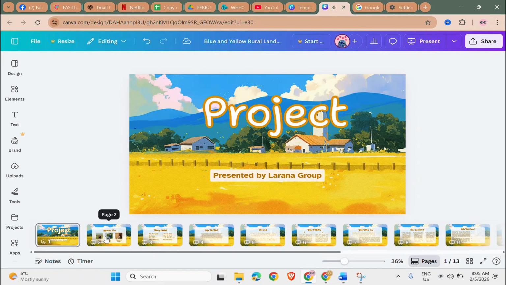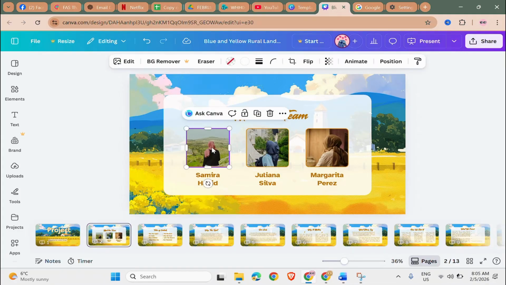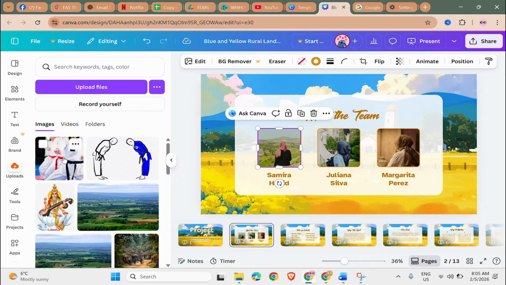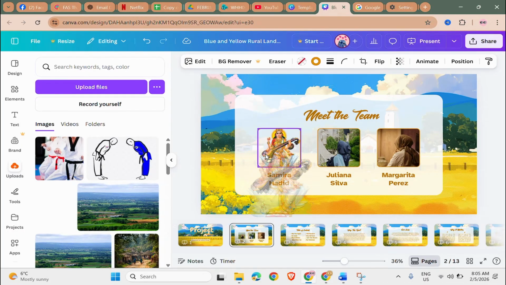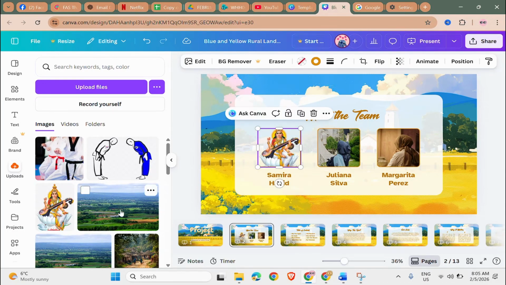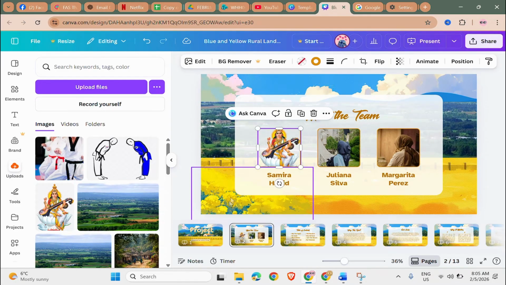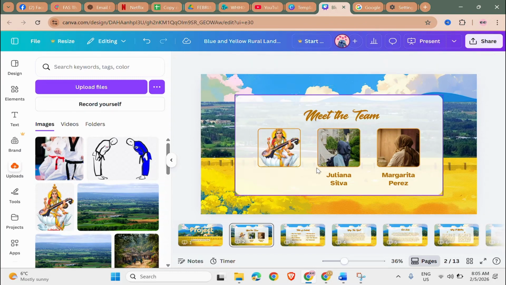And then you can go to another slide, and here you can upload your own pictures. You can do stuff like this. Just drag the picture and place it where you want to. You can place it in the background as well. You can easily change the text,